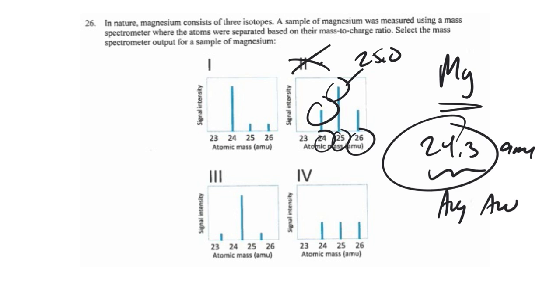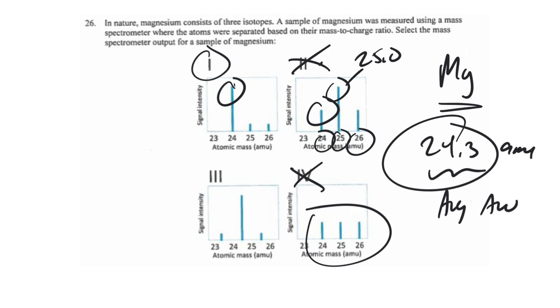Think of it like this. If the average atomic weight of magnesium was 24.01, it'd be like 99.9% 24. So we're at 24.3, so we're definitely going to be more abundant in the 24 isotope. It's really looking, I think, like box 1 here is probably correct. We can also rule out box 4 because again, it's going to average out to 25, not 24.3. And then this box here is meant to show kind of one isotope having the most abundant mass around 24.3,